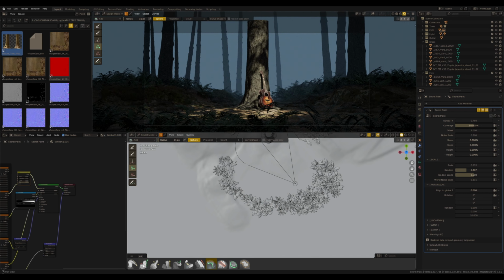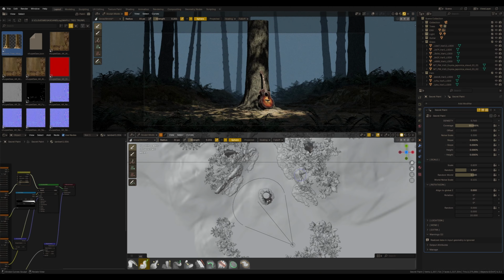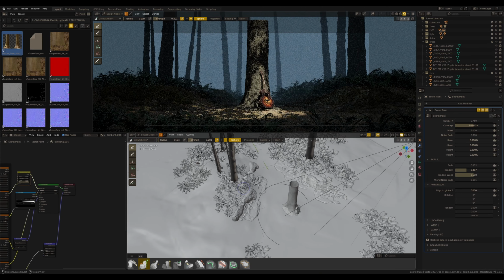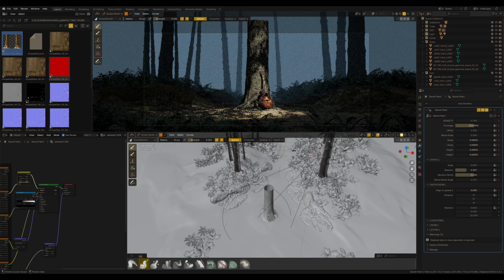The add-on also allows other brushes, like this grow brush, to adjust the local scale. In this way I can tweak specific areas without affecting all the plants around the scene, creating a more natural growing foliage effect.